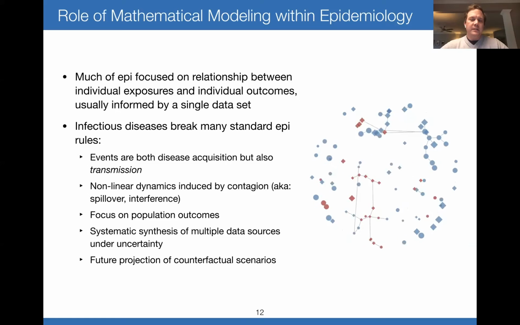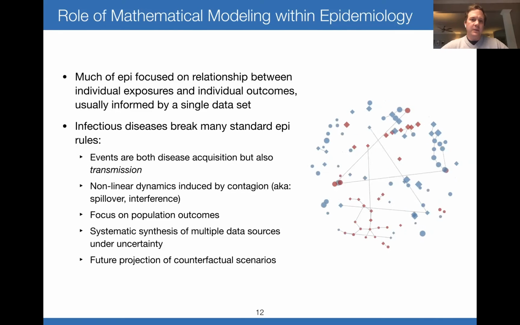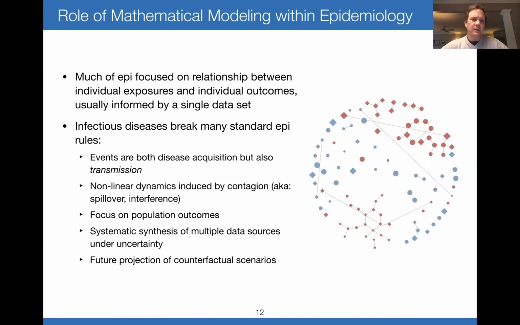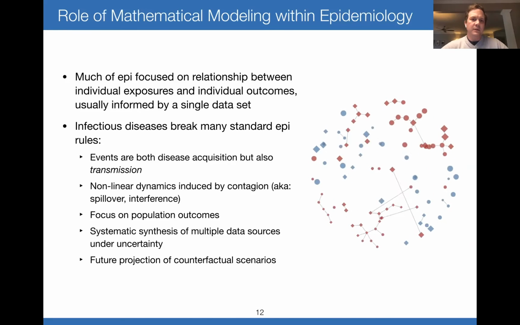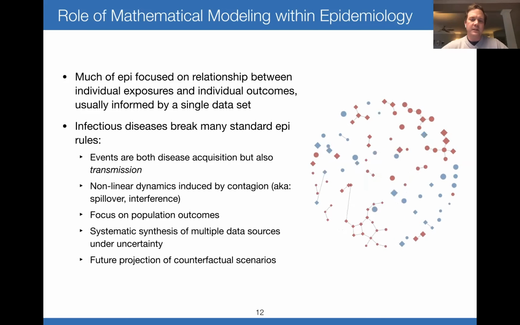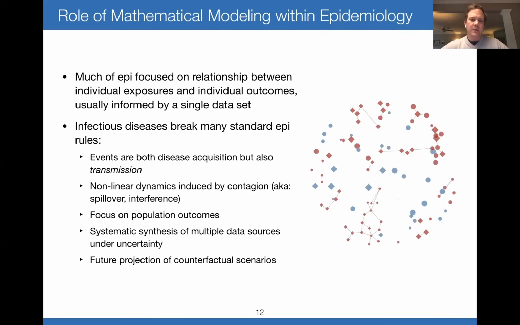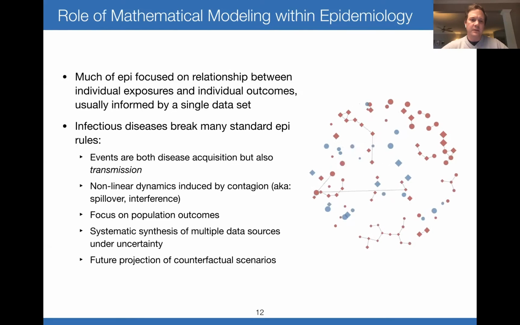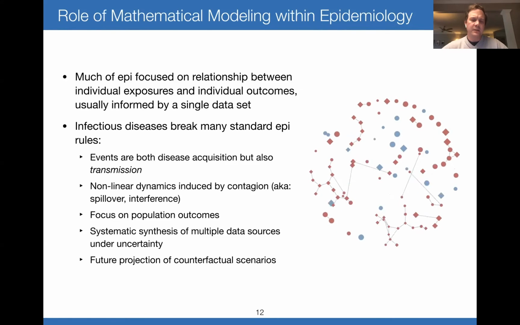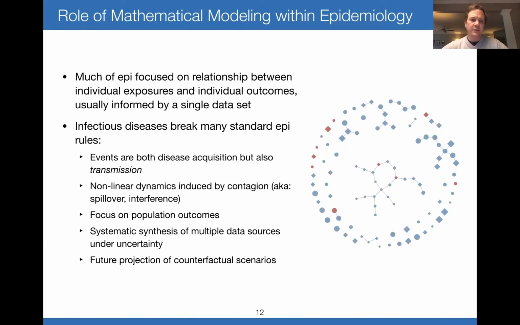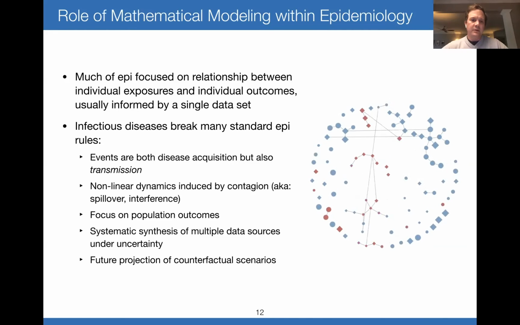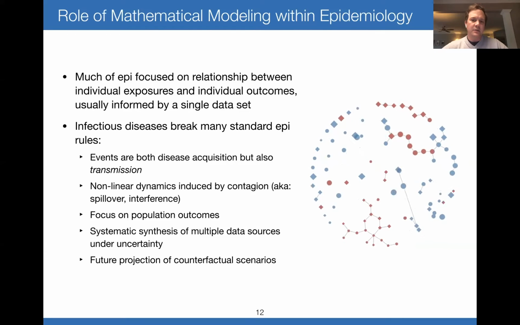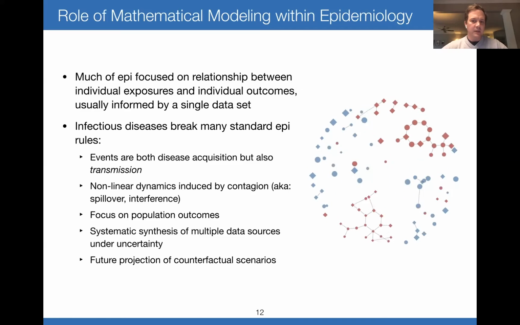So mathematical modeling plays a very critical role within epidemiology. Much of epi is focused on the relationship between individual exposures and individual outcomes, usually informed by a single data set. But infectious diseases break many of the standard epi rules, and some of these are listed here. We care about not just disease acquisition, but also transmission. We are interested in the dynamics that happen over time as a function of contagion, so like exponential growth of